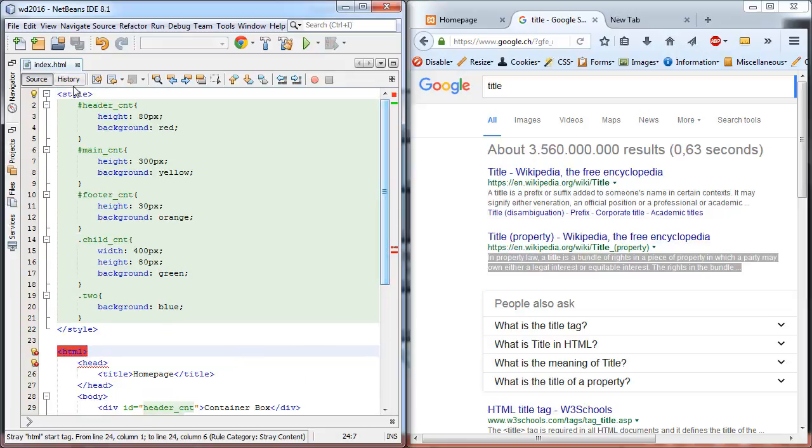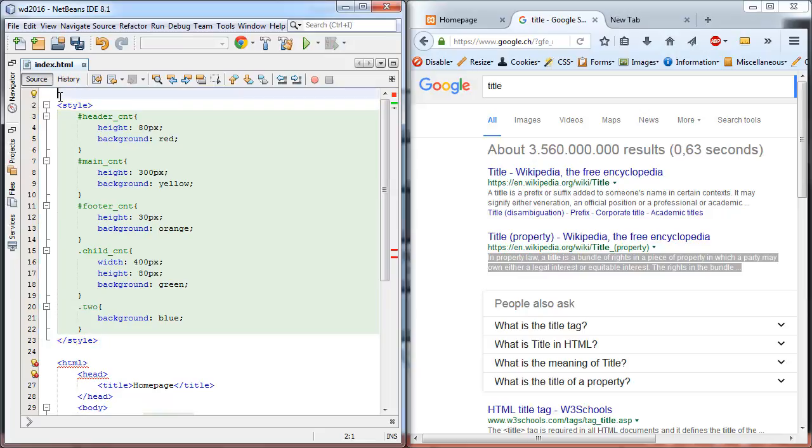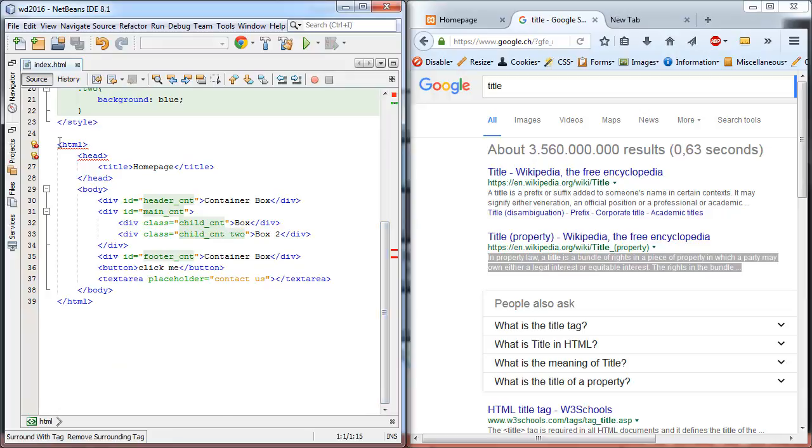And now comes one more instruction. One more. It's not an element, it's an instruction to the browser. It also starts with these angle brackets here, and then, however, comes an exclamation mark. And then it says doctype HTML. And this is an instruction to the browser telling it to read our HTML code as if it